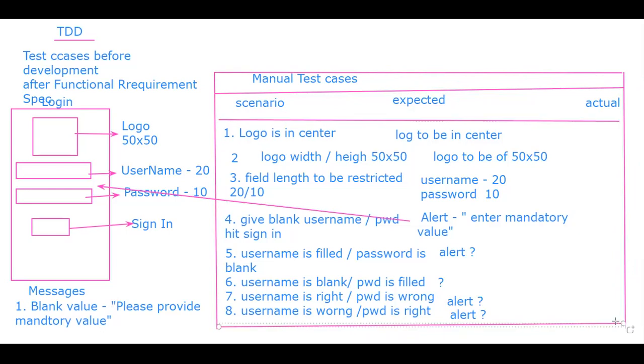Now, after this, the development will start. It actually goes to the developer. He starts writing the program for it. In the program, definitely, based on whatever I have seen, this will be missed out because developers are not worried about the messages. They are not worried about the exact text. For them, the output should come.